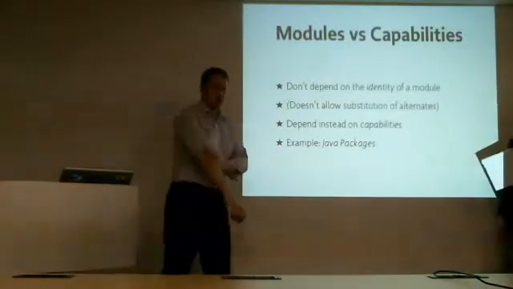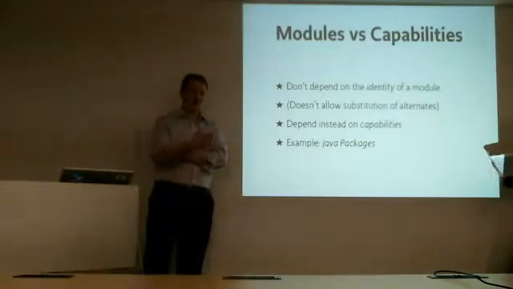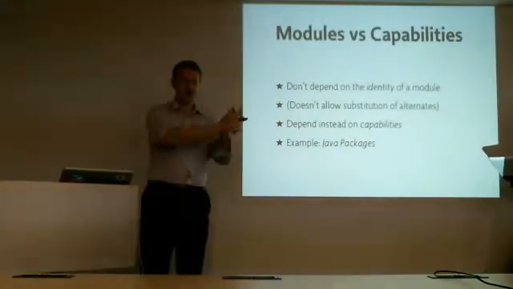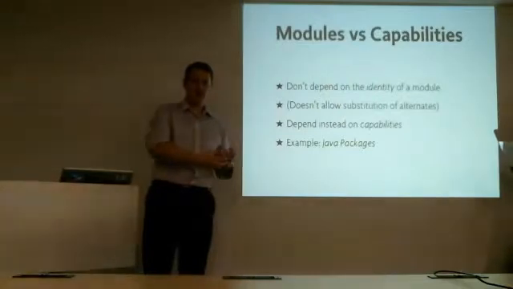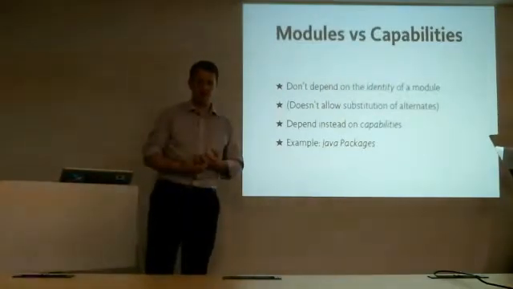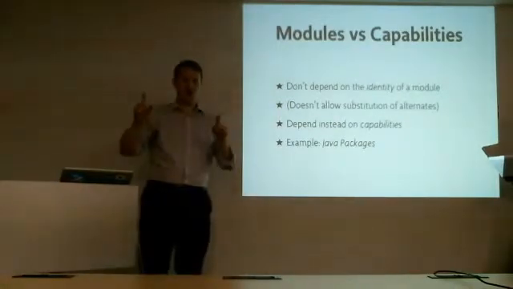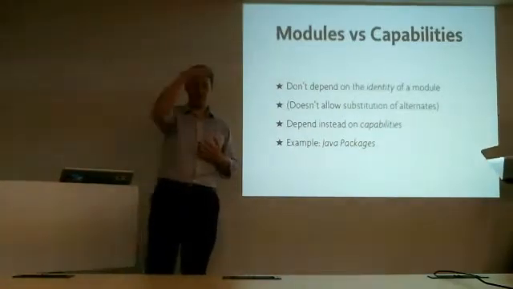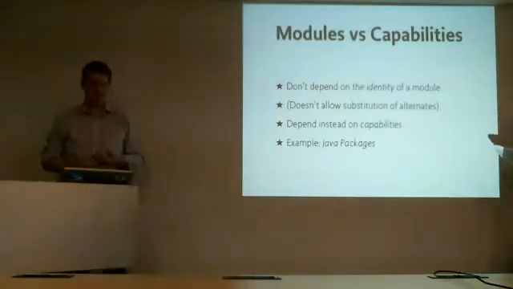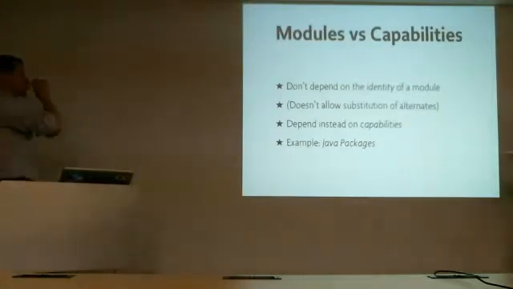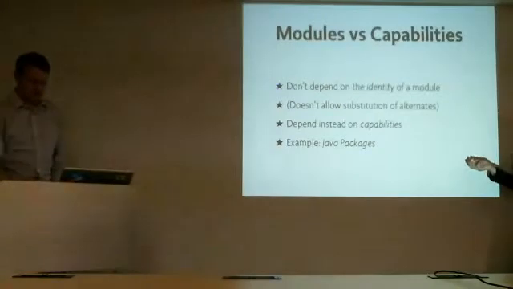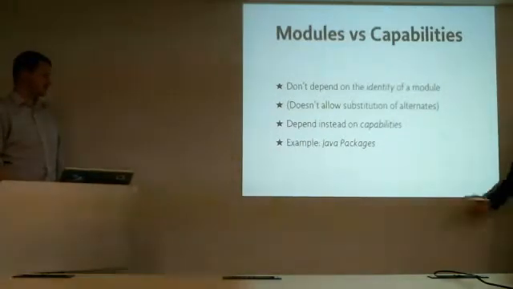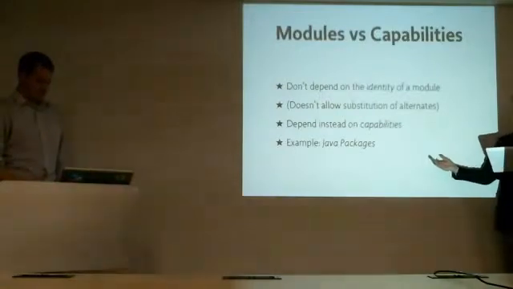So again, for example, if I want to use JMS, I don't want to have a dependency on WebSphere MQ or a dependency on ActiveMQ, not directly, because then somebody else can't provide, I don't know, RabbitMQ, for example. Instead, I want to depend on the javax.jms package. That's how I get the API. And then the javax.jms package can be provided by any module that provides that package. 例えば Java の JMS パッケージのことを考えてみると、コードを書くときには JMS パッケージに依存してコードを書くのであって、WebSphere MQ や ActiveMQ や RabbitMQ といった具体的な実装に依存するのではありません。